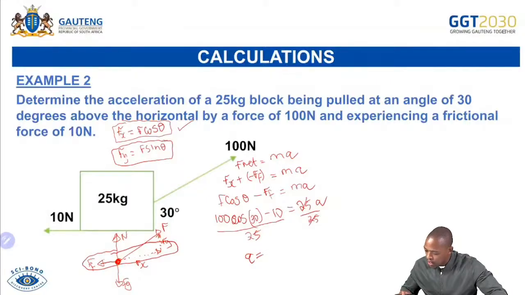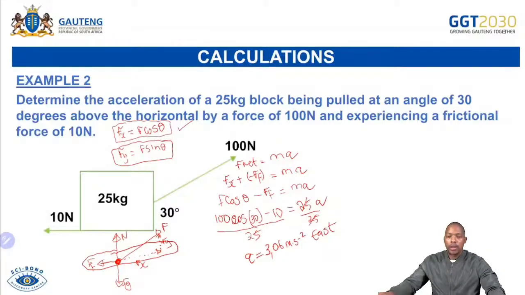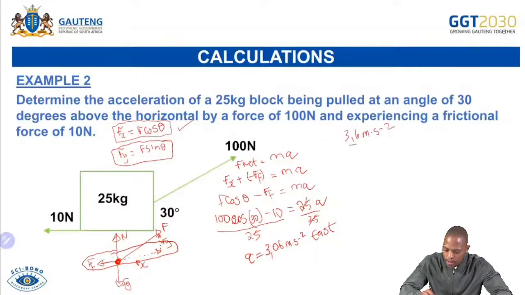I should find that my answer, or the acceleration, is 3.06 meters per second squared. It is also going east. Now I've written the answer with the unit and the direction. Now if you remember previously, the answer there was 3.6 meters per second squared. Now the answer is